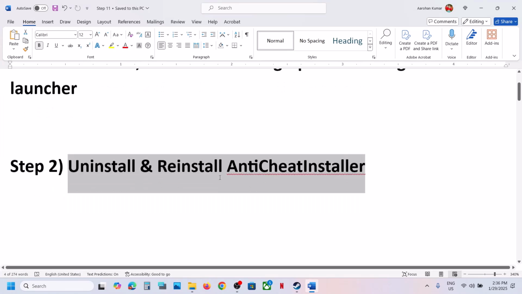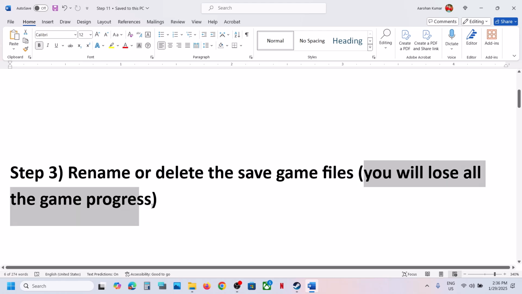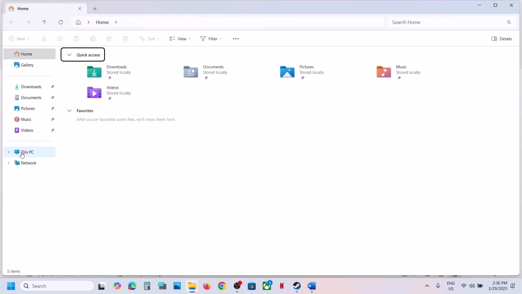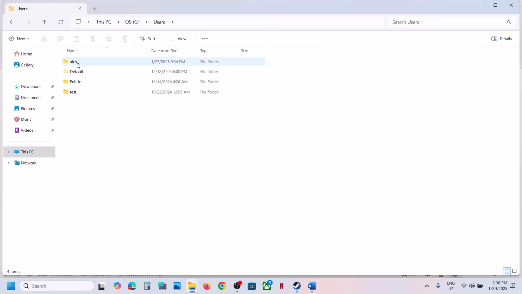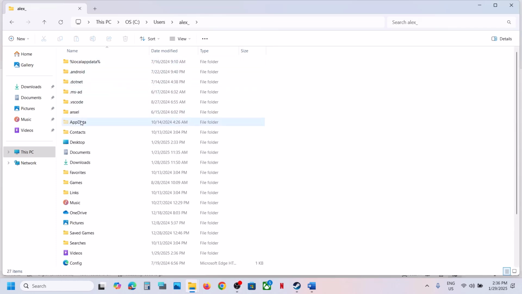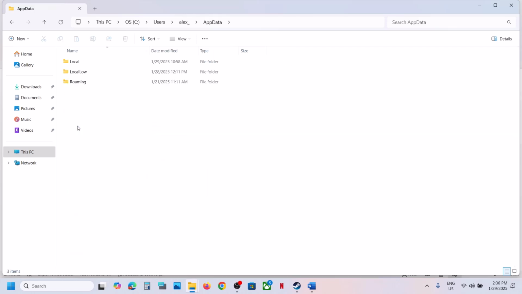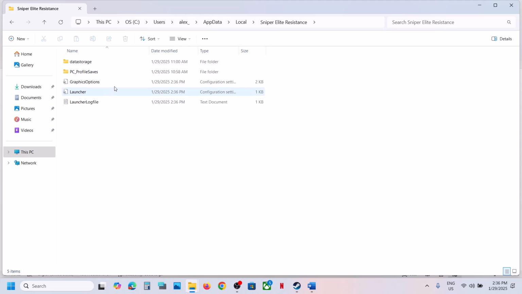Now the next step is to rename or delete the save game files. So when you rename or delete the save game files, you will lose all the game progress. You have to start everything from scratch. So if you agree, you can open File Explorer on your computer and then go to this PC, open C drive. Now open users folder. Now open your username folder. Now open app data. If you don't see app data at the top, click on view, select show, and then put a check on hidden items, and then open app data folder, open local folder, open Sniper Elite Resistance folder,